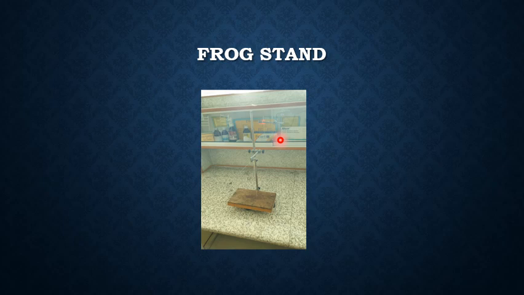Now the other, separate equipment is known as the frog stand, and it is used for the experiments that are performed on the frog. You are going to perform two types of experiments on the frog. Number one is the frog's heart, where you have to check the different effects of drugs on the frog's heart. The other one is the rectus abdominis muscle, on which you are going to check the neuromuscular blocking agents.